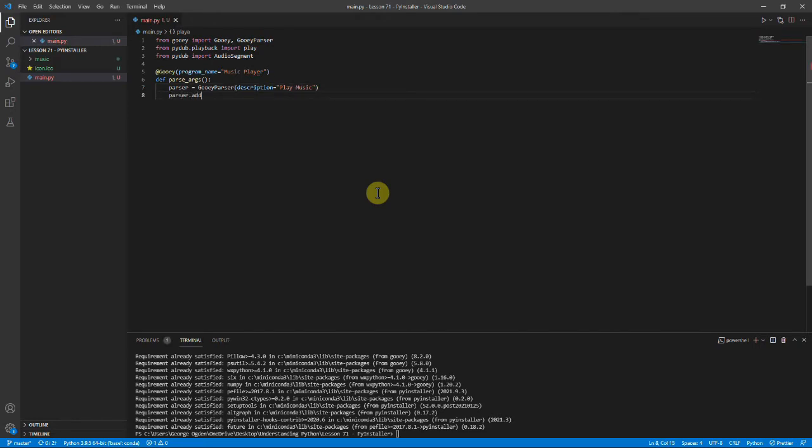And we need to add an argument, and it's going to be song, and the widget for this is going to be file chooser, so you pick a specific song. The helper is going to be song to play, and we're just going to set some options